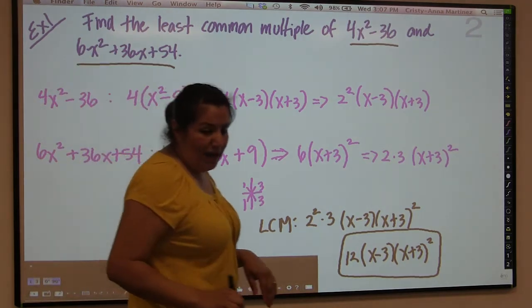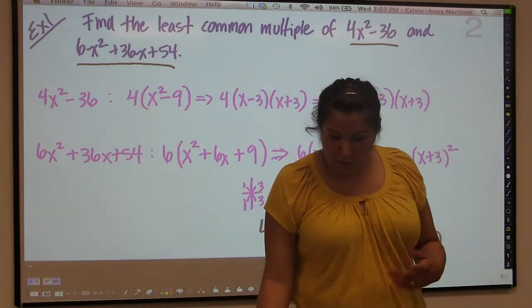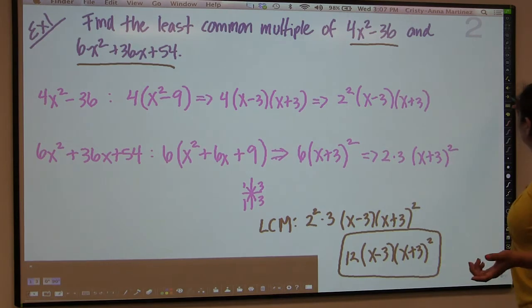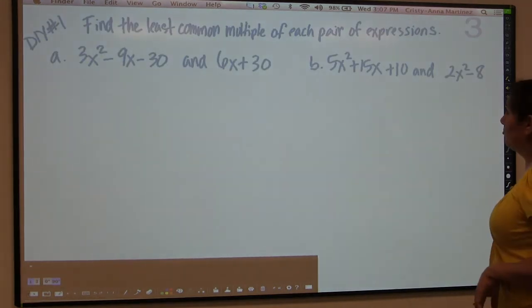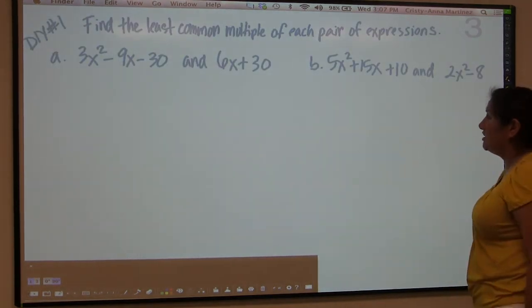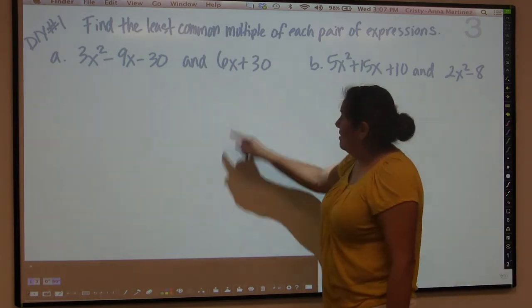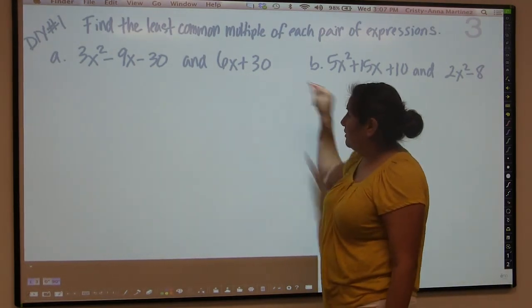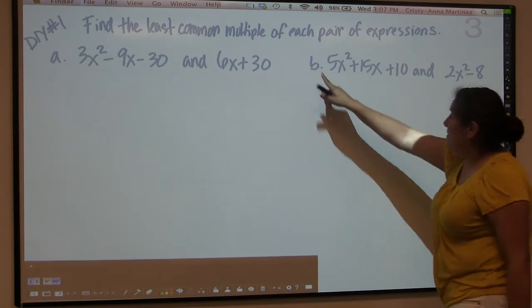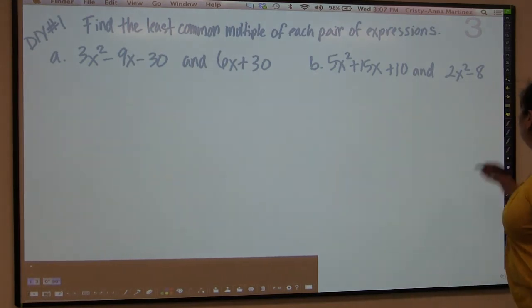All right, so now I'm going to want you guys to try to find the least common multiple of these two pairs of expressions. And just for Ben, I want to be clear, that's a 6x plus 30, all right? And that is a b, so yeah. Okay, so now,